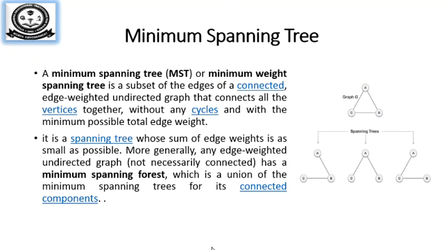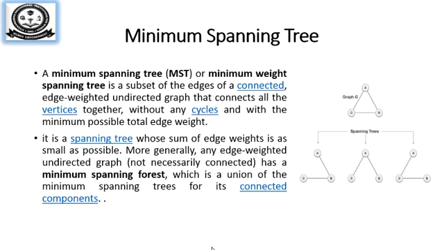So what is a minimum spanning tree for a given undirected graph? It is a tree which is formed from the graph edges that connects all the vertices at the lowest cost, or lowest weight of the graph. So a minimum spanning tree can exist if and only if the graph is connected. So what do you mean by a spanning tree? A spanning tree is nothing but a sum of edge weights which is as small as possible, and they'll be able to connect without forming any cycle.